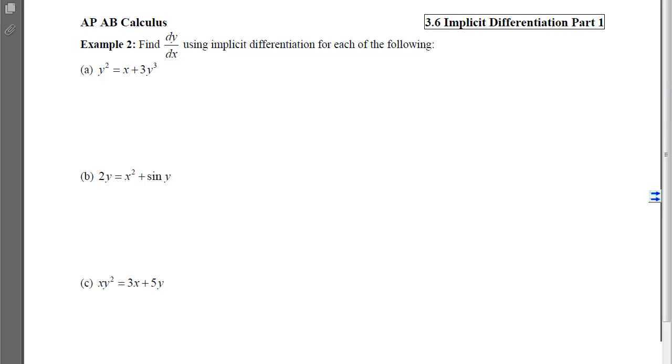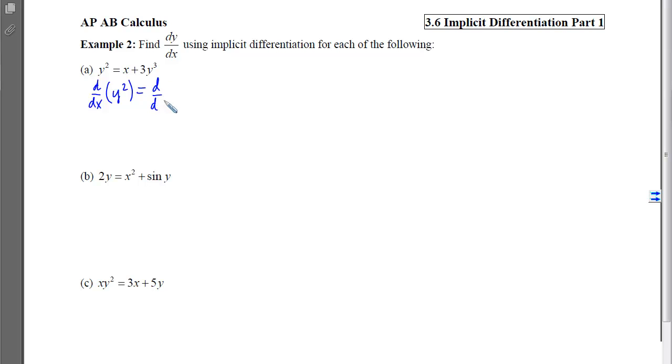Let's look at some examples now where we have to use option 2. Looking at this, we want to find dy/dx using implicit differentiation. If you notice, in part A, I have a y squared term and a y cubed term. So nothing I do will enable me to isolate a y, because this term here has no y's in it. So I'm left with having to do option 2, which is apply that differential operator to both sides of the